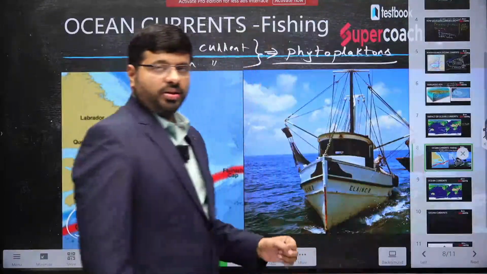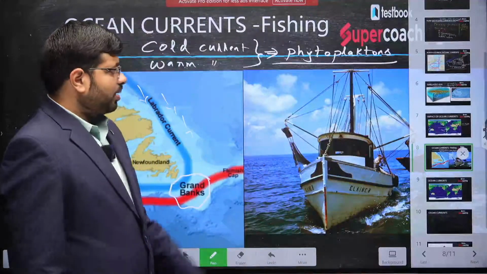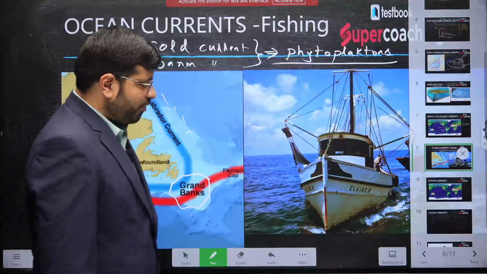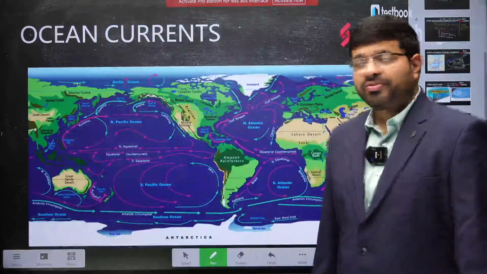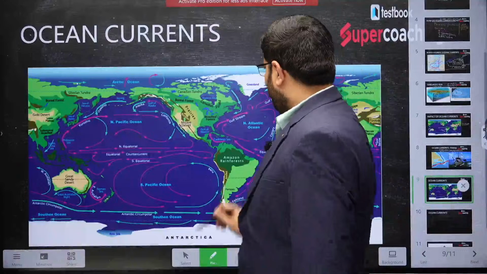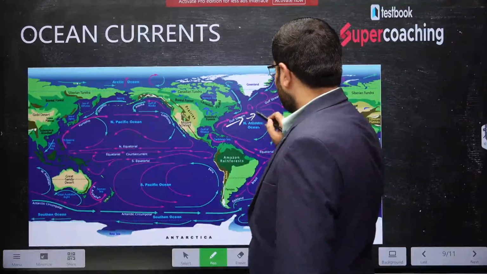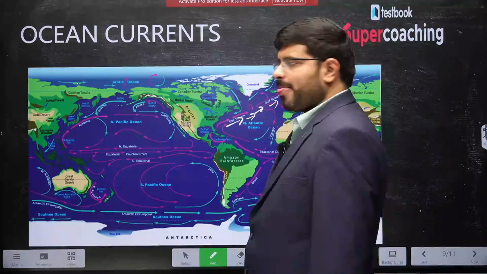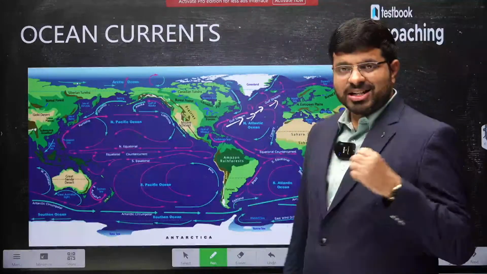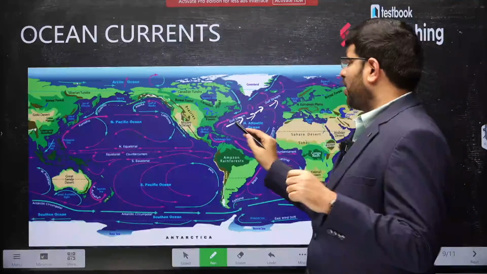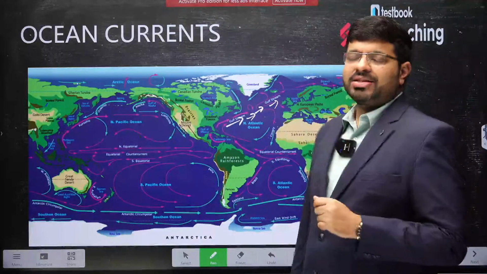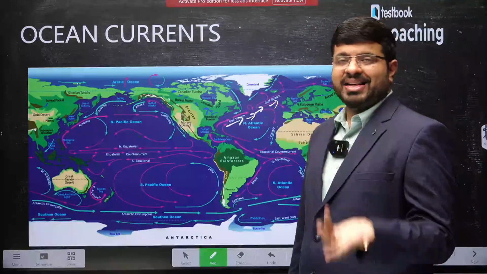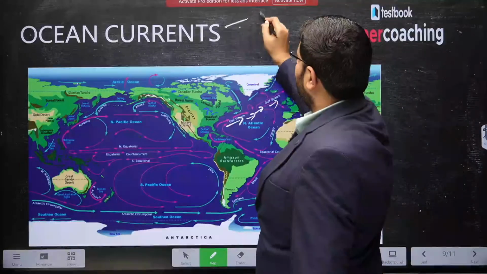Look at this picture. The fishing ground, these are the important centers of collection of fish. Not just that, these are also the centers of navigation. When the current moves like this, any ship which is flowing also moves along with the water. As it moves along with the water, it saves fuel. So they are very important for